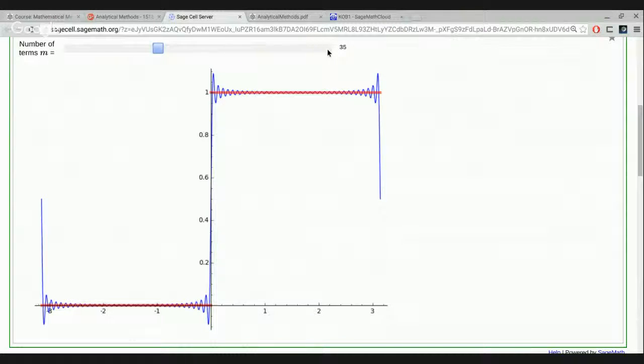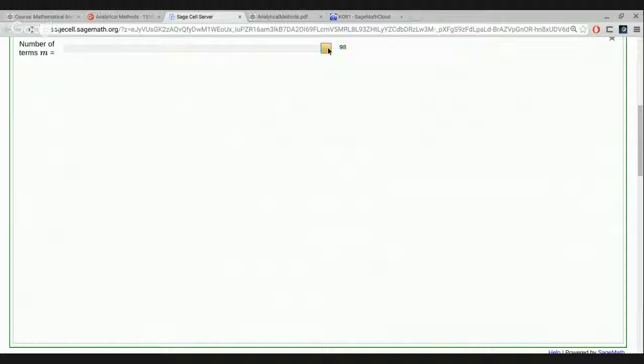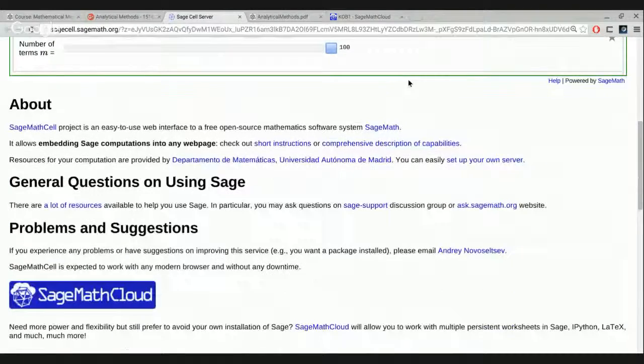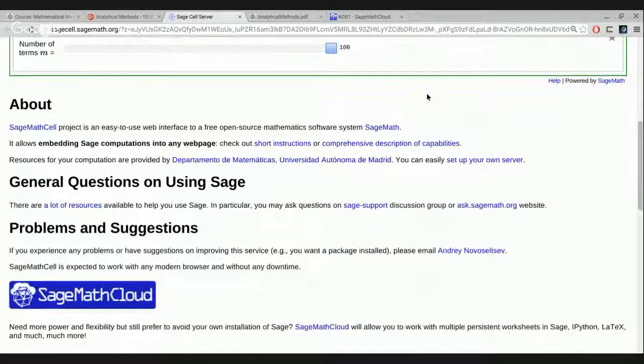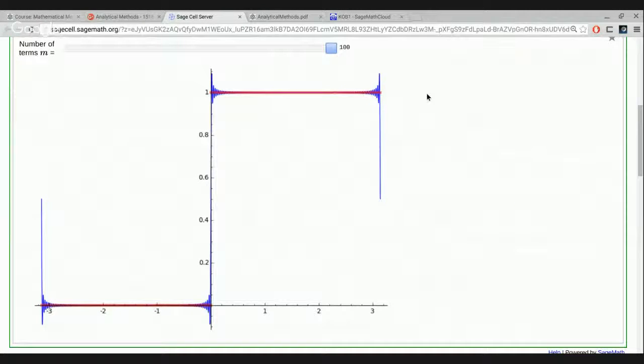Even in this particular example, you can only go up as far as 100, just the way I've programmed it. But at 100 terms, for most of the domain, the convergence is all but pretty much exact, to quite a lot of decimal places. But still, when you get very close to 0, you still see very poor